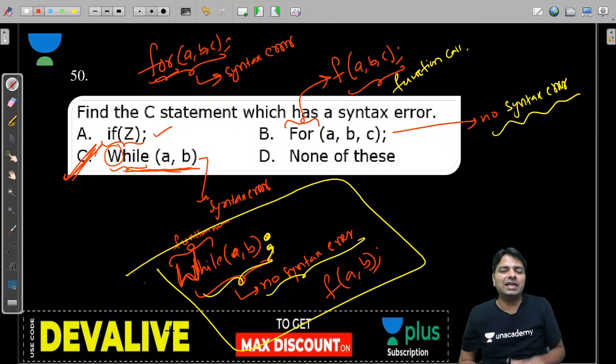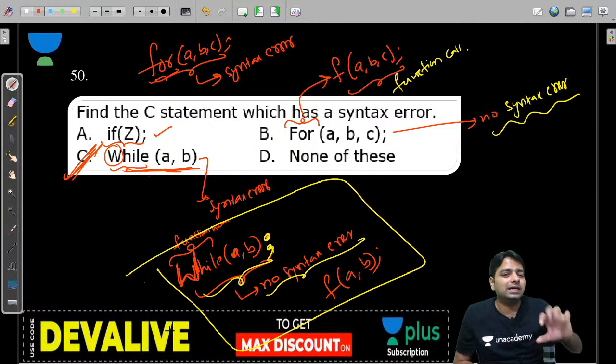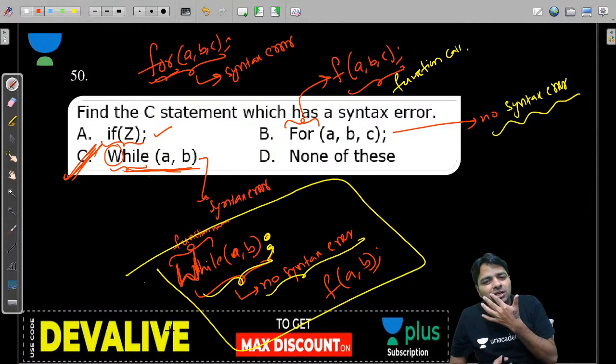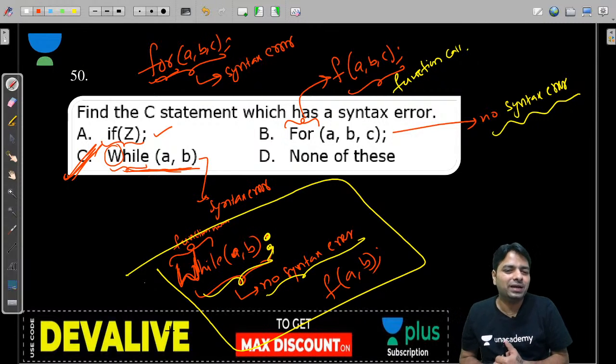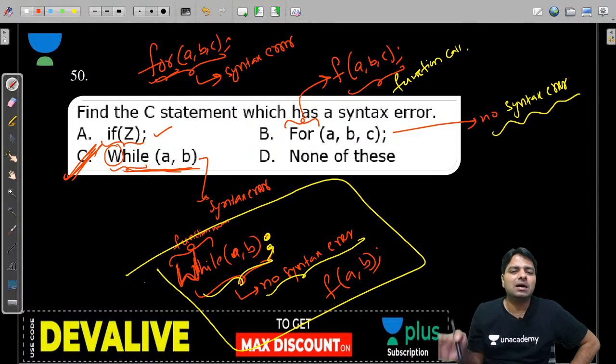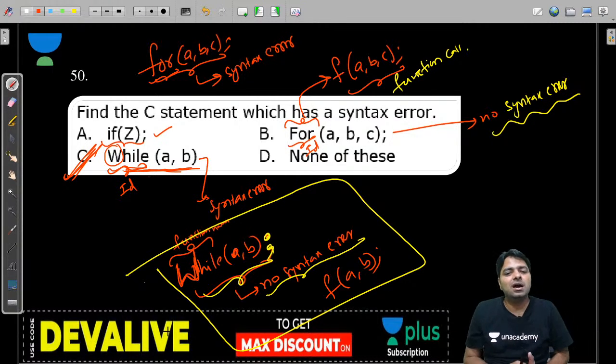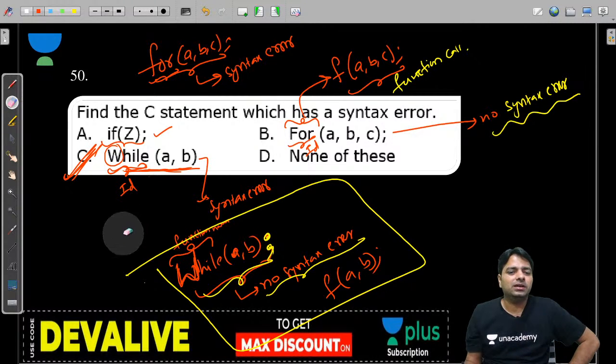Most of the people, even typists, often don't notice because of the first letter. When you type something, it automatically converts to uppercase. For me, it also happened that it was automatically converted to uppercase. So my concentration is different now. Is that clear? Anyhow, let's keep the first letter uppercase. Then both convert to identifiers. This is ID, this is also ID. Then it looks like in option C the semicolon is missing, but option B looks like a function call. Yes. Okay.